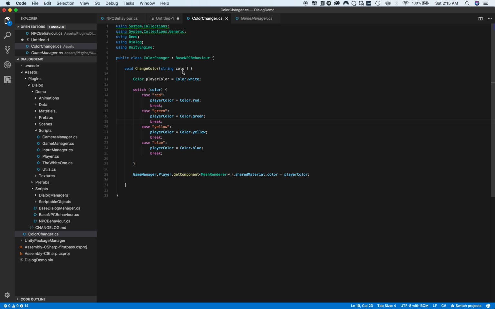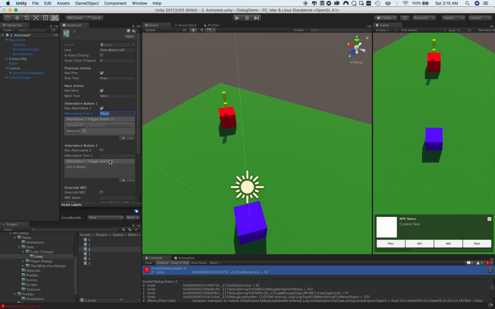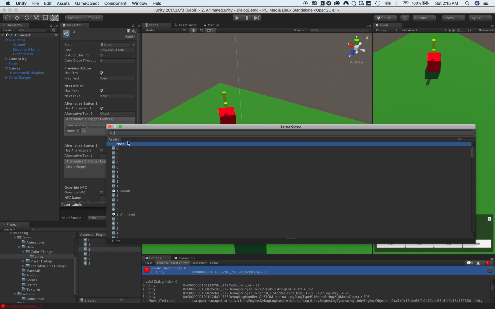Right, so when the user clicks this button, we want to change it to red, so let's